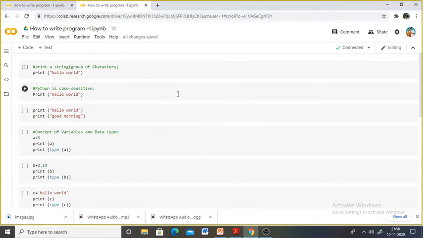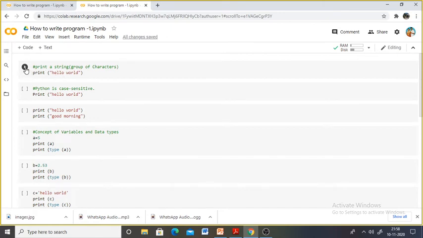the Python environment. What I have taken is an online compiler, which is colab.research.google.com, where you have the provision to type different commands and different programs, and you can just run them. So here I have already written the print statement hello world.